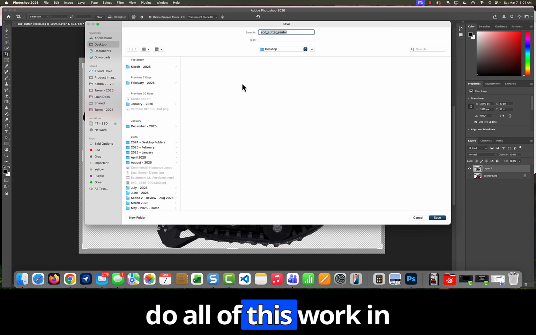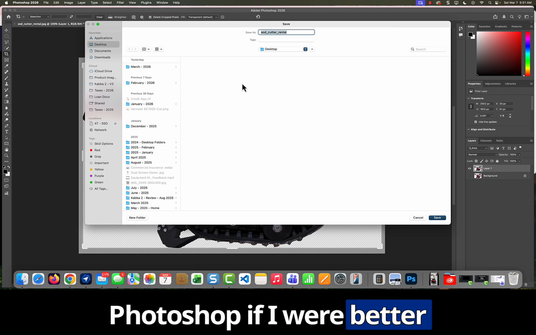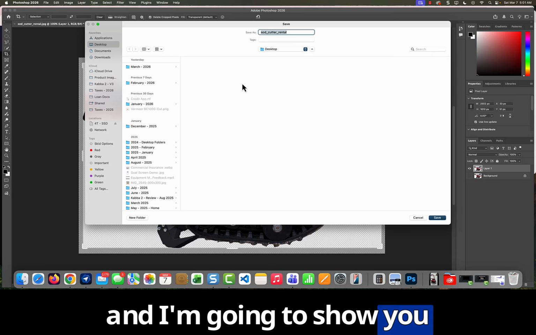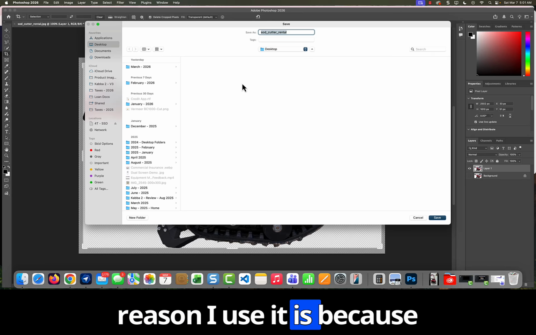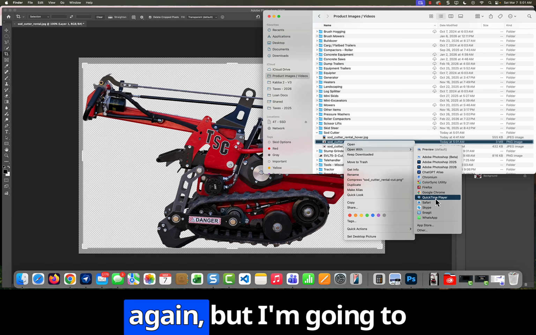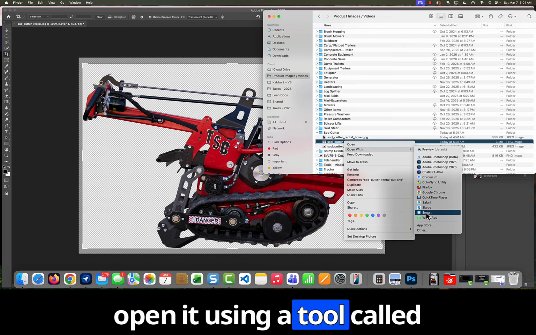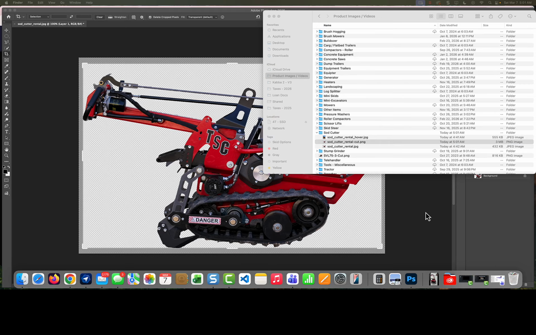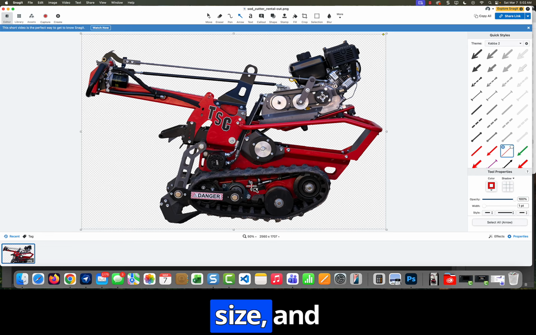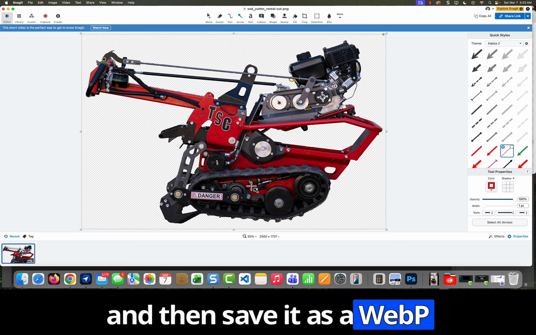I could do all of this work in Photoshop if I were better in Photoshop, but I have a cheater tool that I'll use, and I'm going to show you how to use it. And the reason I use it is because it's just so simple. Now I'm opening up this image again, but I'm going to open it using a tool called Snagit. And all I'm going to do with Snagit is get my final size and then save it as a WebP